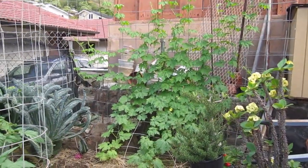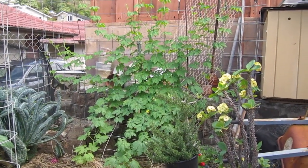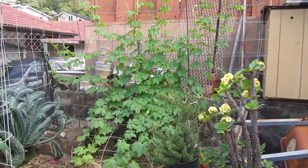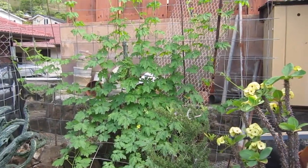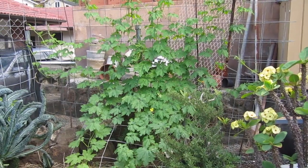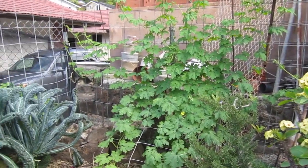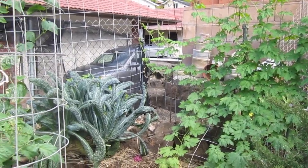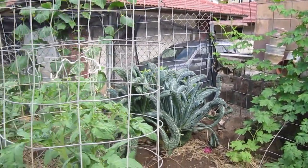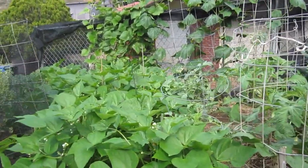This is Ken's garden on Father's Day, Sunday, June 15th. Here we have his bitter melon vines kind of taking off after a week of growth when we last videotaped. His kale, strong as ever. His cages of tomato, blossoming. His bush beans